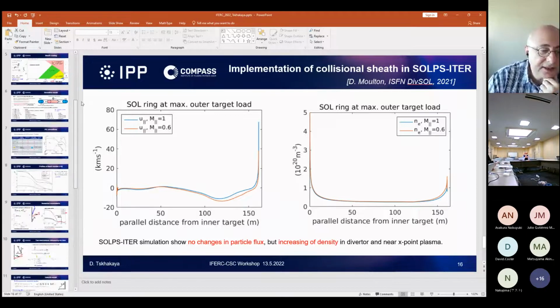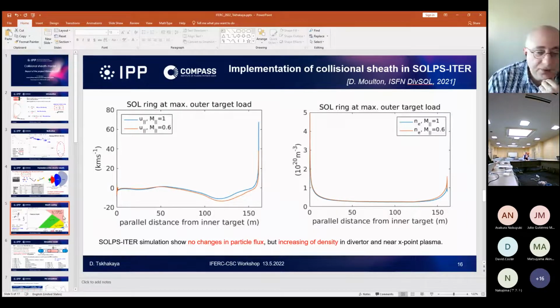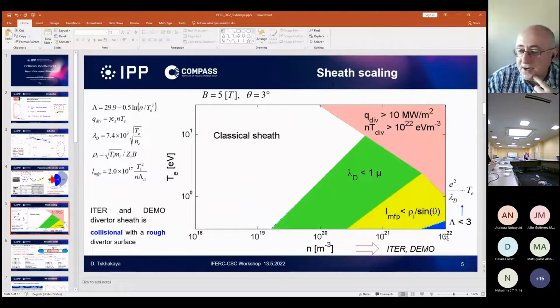And once more, for the densities you consider, coming to these plots, if you have densities above 10 to the 22 and correspondingly temperatures of the order of 1 eV, you cannot use plasma equations at all. The plasma is not classical anymore, it is quantum mechanical. Our case is just over 10 to the 21, so it's not too high. But for more power exhaust in DEMO, such as 3 gigawatts or more, this case will reach such a level, I think.